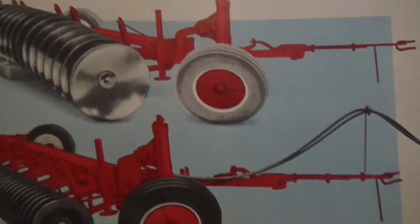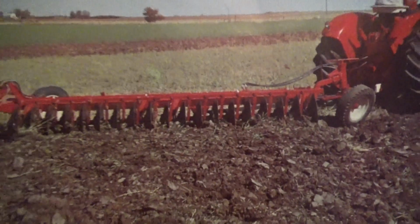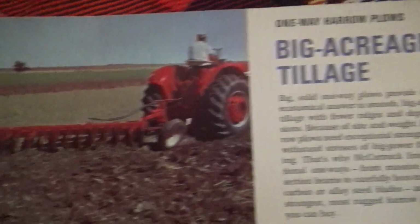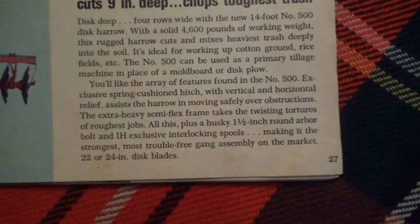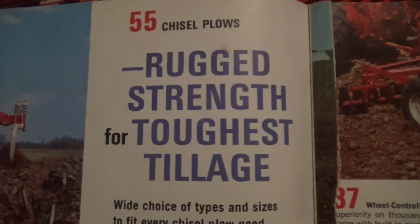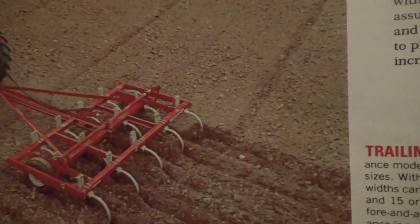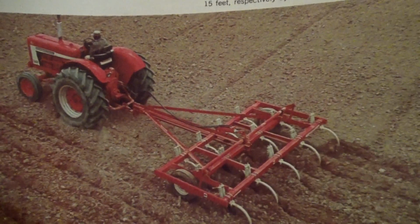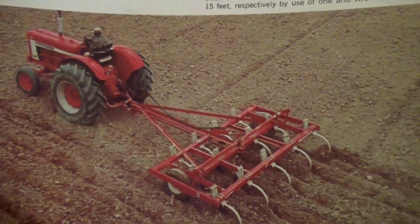Then we got a disc plow here. That's a flexible disc plow, looks like. Big acreage tillage. Chisel plow. It's neat to see the old equipment, no matter what the color. Going out, these are real farmers here. I see somebody thought they needed a couple more pictures tore out of here, but